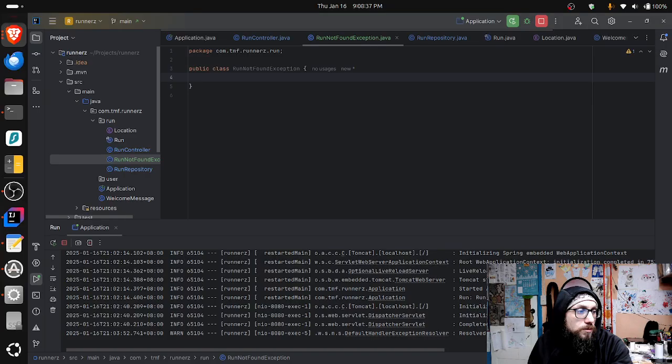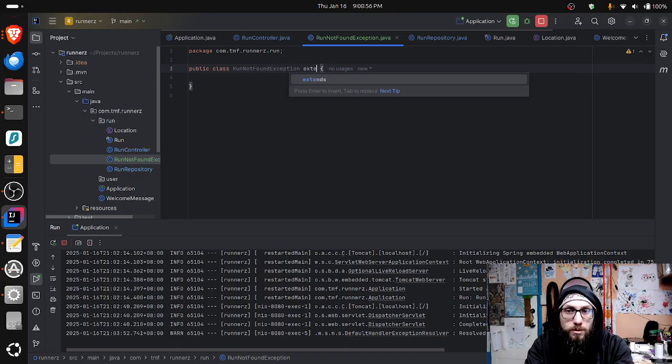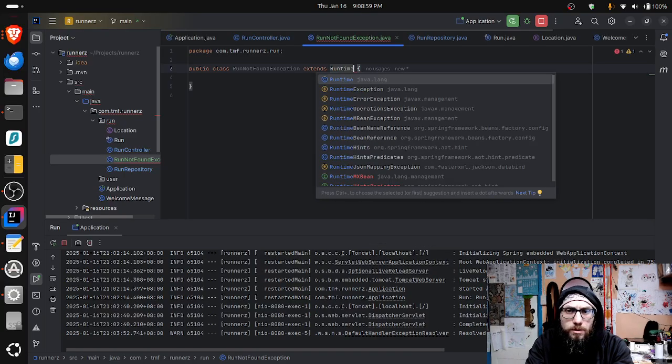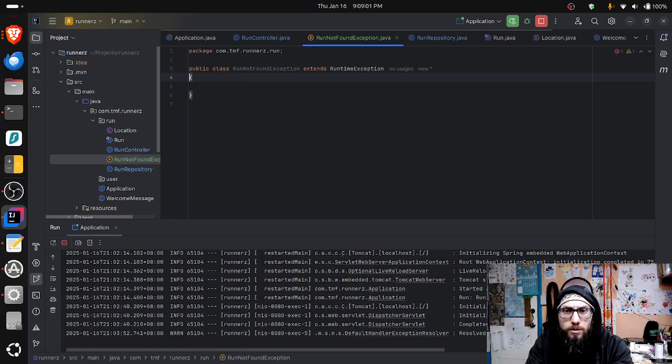Wait a minute. What? What'd you say, Dan? I'm going to add that response status, and we can just say run not found, extend the exception. Right, that looks good. And this is going to extend the runtime exception class, and we can just say run not found. But